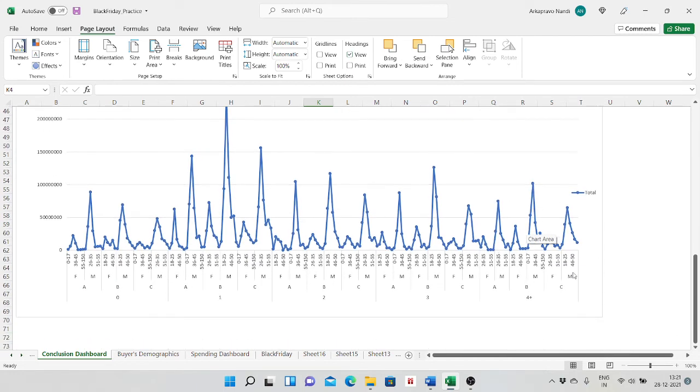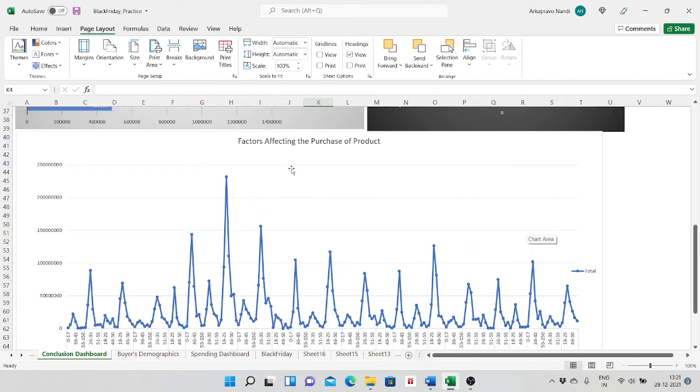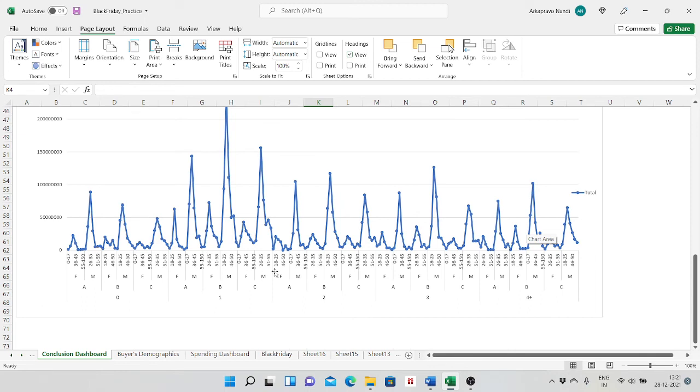So here I have taken a plot where the factors that are the main reasons for affecting the purchase of the product are plotted, where I have taken different age categories, the genders, and people living in cities, and the time they have spent residing in each of these cities.